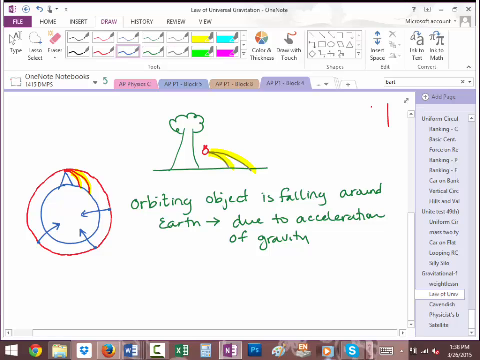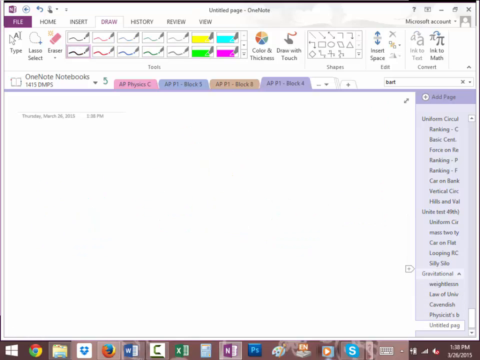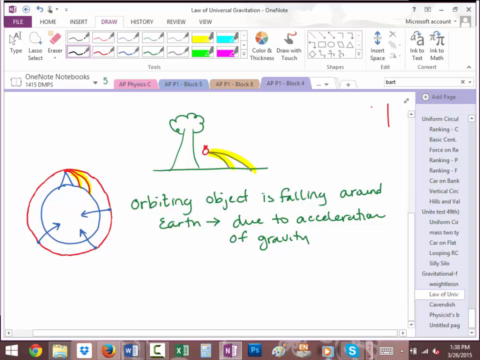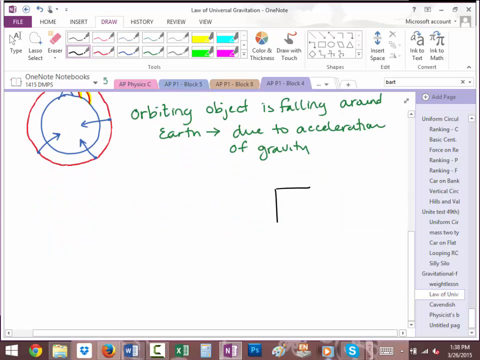So now, instead of just talking about an apple, let's talk about something that's a little more interesting to orbit, like maybe a spaceship with an astronaut in it. Okay? So if we imagine that spaceship, let's draw ourselves a little spaceship. It's like art day today in physics class. Here's the spaceship. It's got some little rocket boosters on the back. Something like this, right? And it's a glass spaceship, so I can see in it. If it's sitting on the surface of the Earth, and there's an astronaut in it who's standing on a bathroom scale,